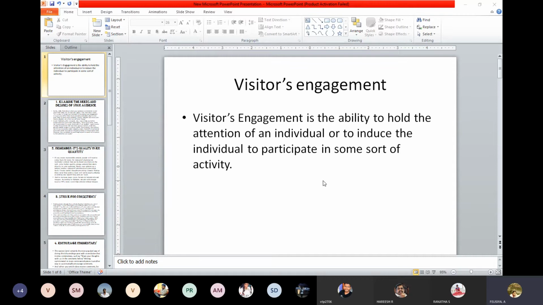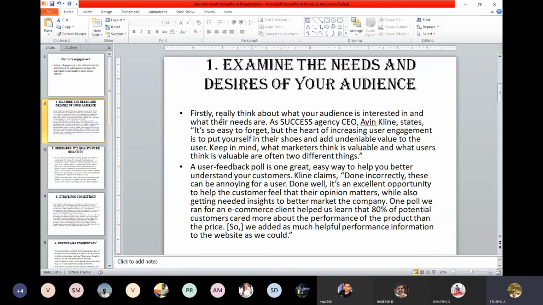So what are the different tactics we have to use to make the visitors get engaged in your product? First one is examine the needs and desires of your audience. First of all, you have to understand your audience. When I say audience, there are many customers, but to whom do you have to concentrate? You need to concentrate more on your potential customers. So how can we get your potential customers? By getting